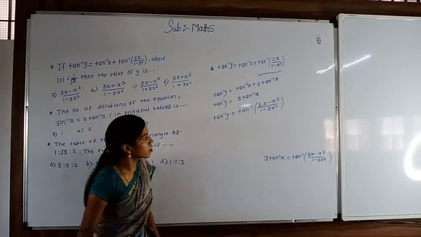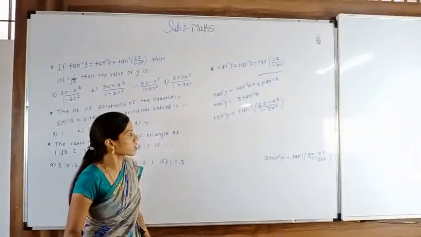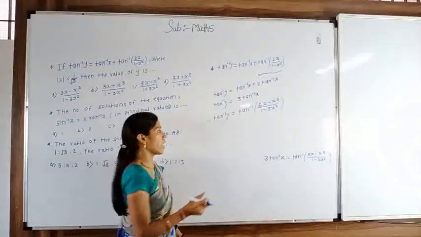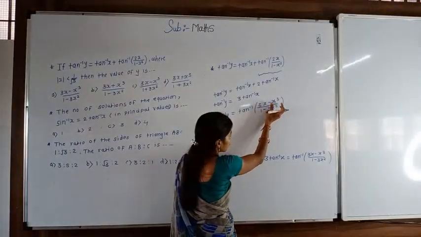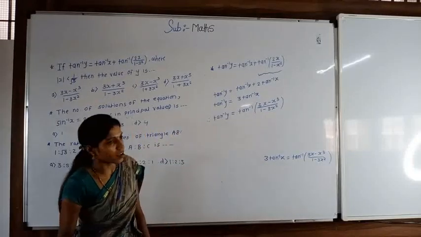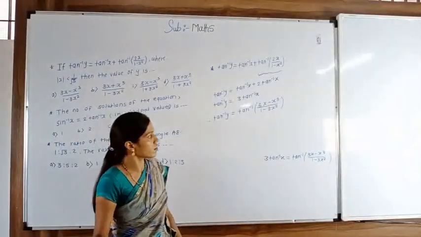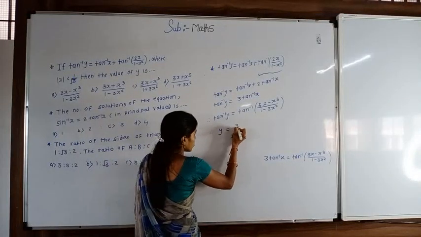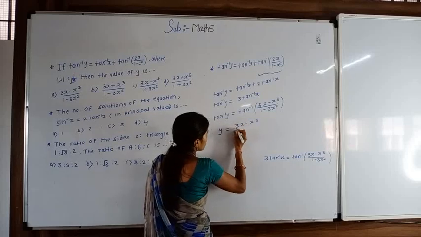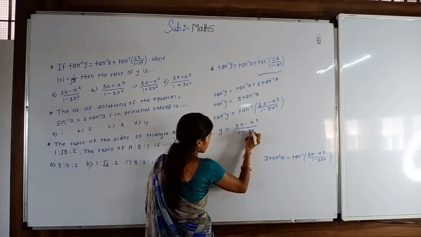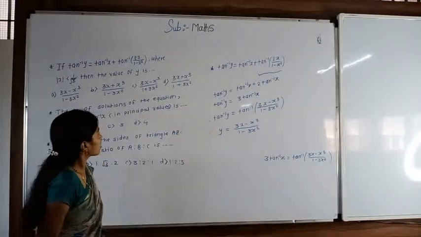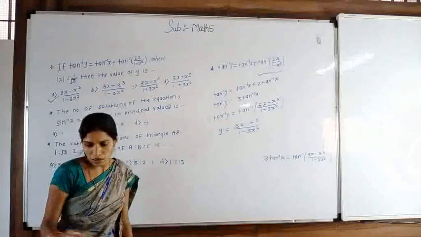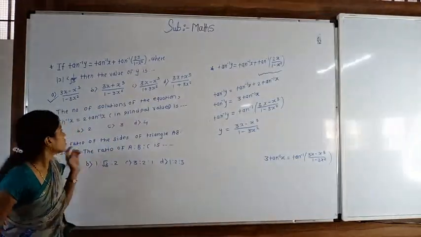Now see, in that case, equate both sides, or take tan on both sides. So tan of tan inverse y we can write as y, and tan of tan inverse of (3x minus x cube divided by 1 minus 3x square) we can write as 3x minus x cube divided by 1 minus 3x square. So y is equal to 3x minus x cube divided by 1 minus 3x square. Okay, so the correct answer of the first MCQ is 3x minus x cube divided by 1 minus 3x square. Now see the next MCQ.